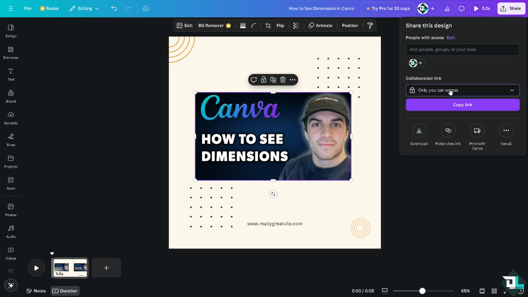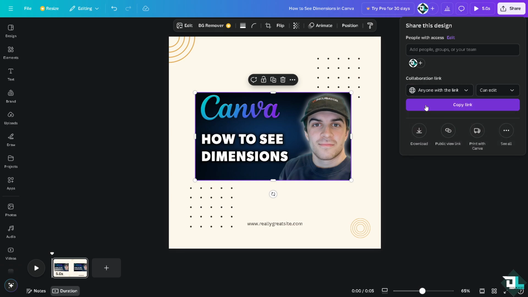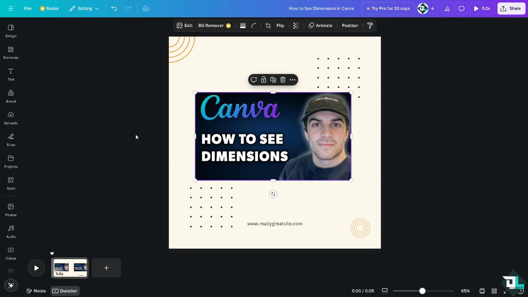You can go to copy this link, anyone with that, so the team members, collaborators would notice the dimensions that you're working with. Okay, now checking dimensions ensures your design is created at the appropriate resolution for the intended medium, such as for print or digital